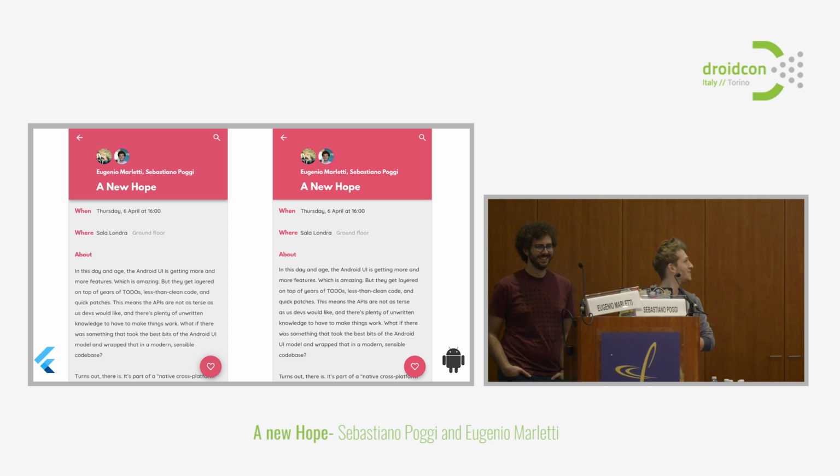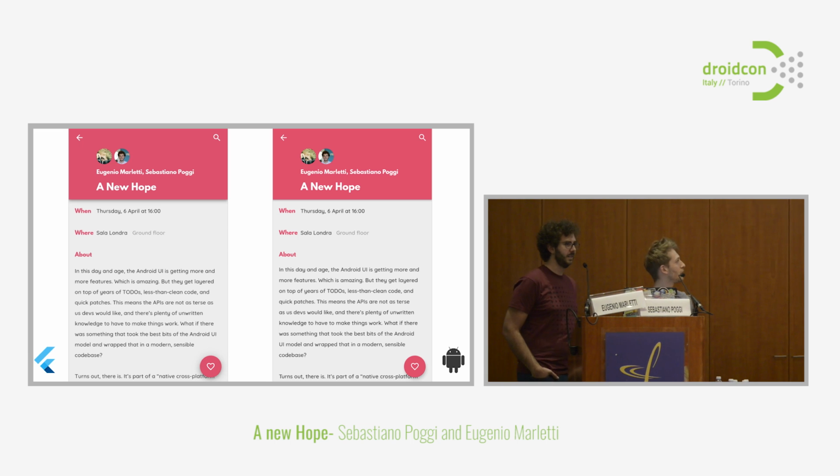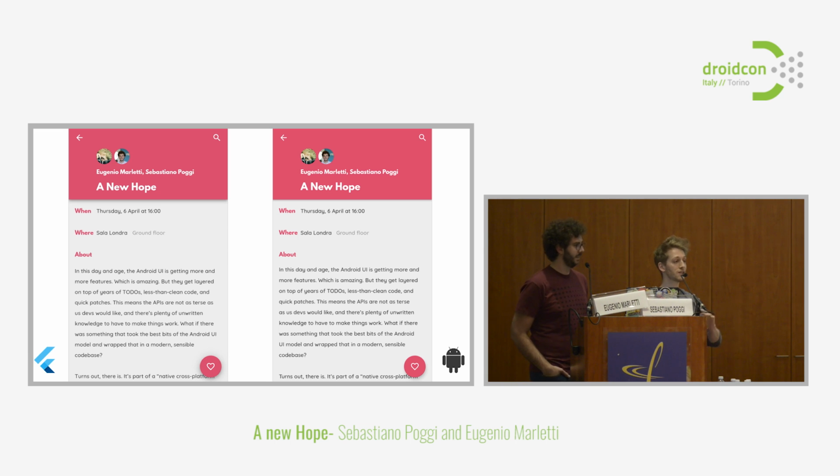I know. So the correct answer is the one on the left is made with Flutter, the one on the right is made with Android. It is surprising because they're really, really close. The main difference is the shadows, I guess, which I've been told in the end are going to be perfect. So they're going to be as close as possible to the material design spec, and Android itself will converge to that over time. So that means that over time, they will essentially be indistinguishable from the real thing, which is great.